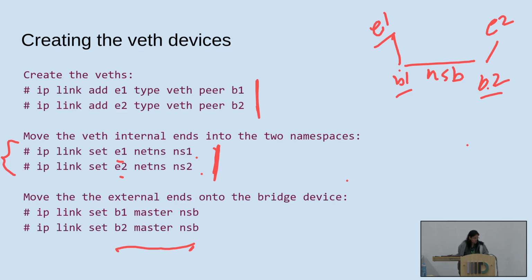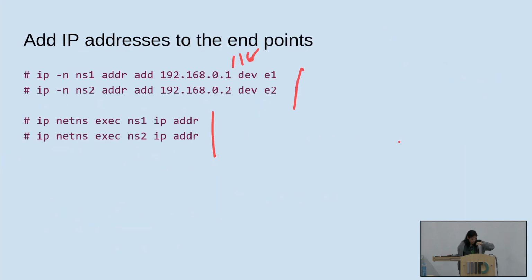Once you add E1 and E2 back to NS1 and NS2, add addresses for these devices E1 and E2 again here, but make sure, just don't do 192.168.0.1, use